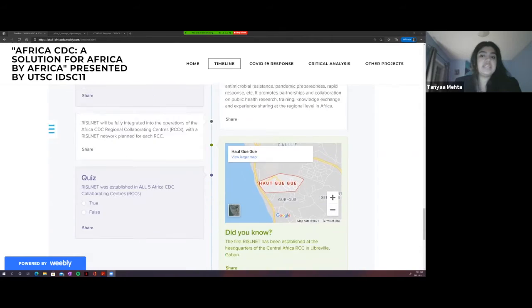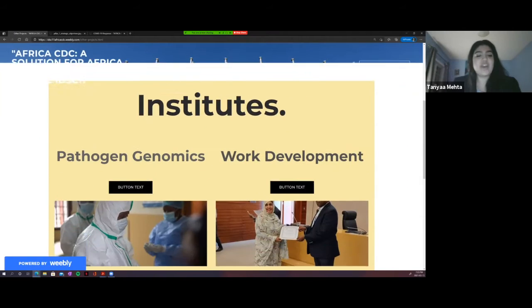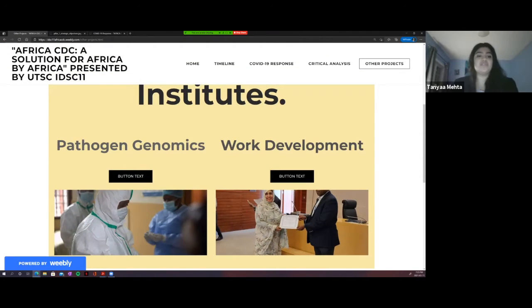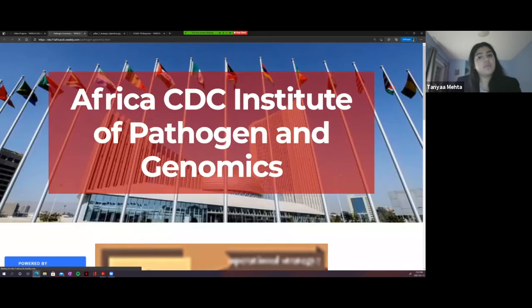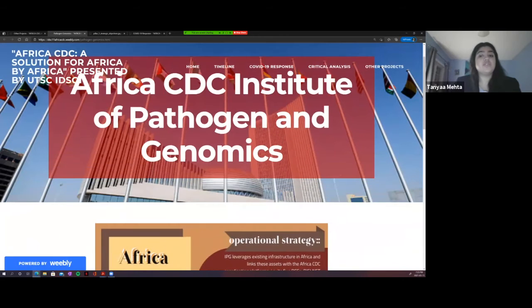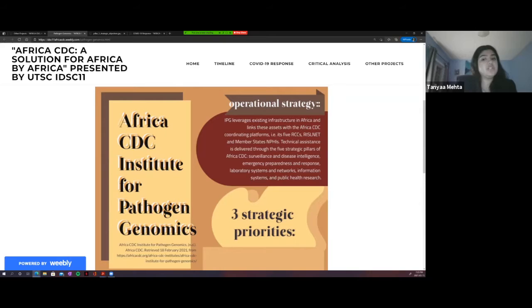Moving on to the institutes, we can jump to that tab. So Africa CDC, within its operational structure, functions through two main institutes. Firstly, we look at pathogen genomics. The Institute for Pathogen Genomics, or IPG, is a continent-wide leadership initiative that was very recently established in 2019